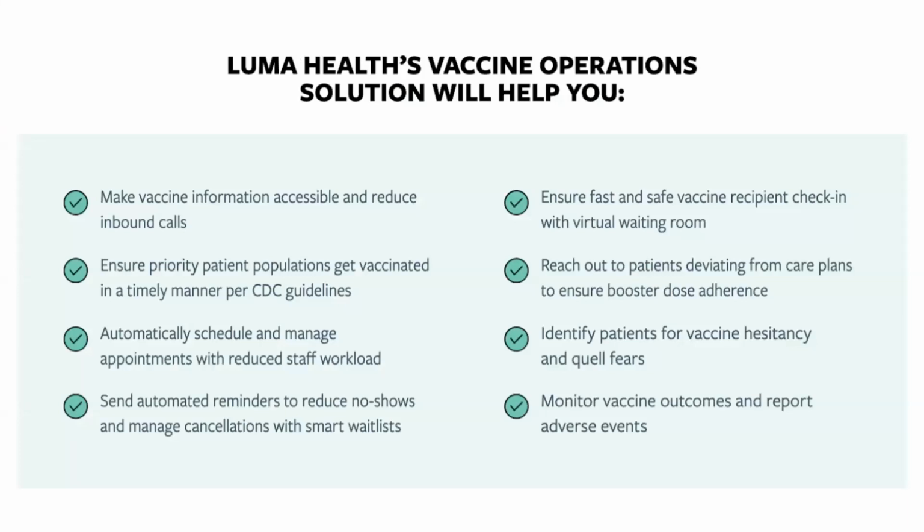Great. So just to review some of the ways Luma Health's vaccine operations solution system can help your team, we'll make it easier for you to make vaccine information readily available to patients through broadcast messaging, help your patients with high priority get the vaccine in a timely manner through intake forms and screening surveys, allow those patients to quickly and easily schedule their vaccination online through Patient Scheduling Plus, reduce no-shows and manual staff work by sending automated reminders for appointments and take care of backfilling any cancellations that might come up through the waitlist,